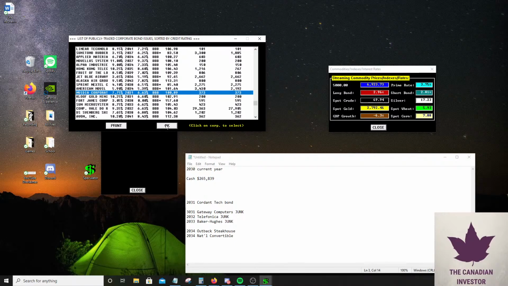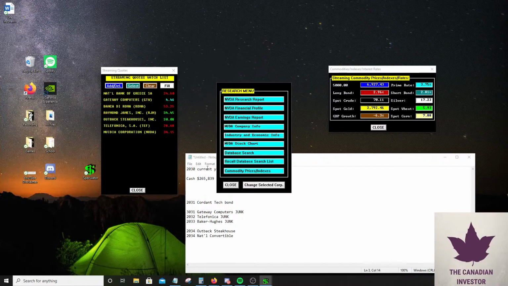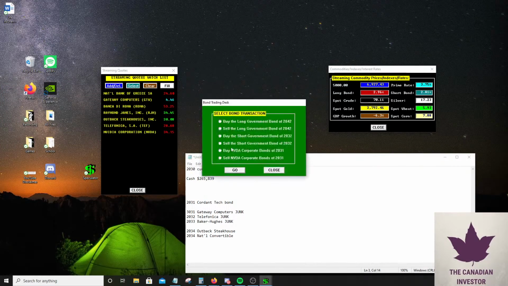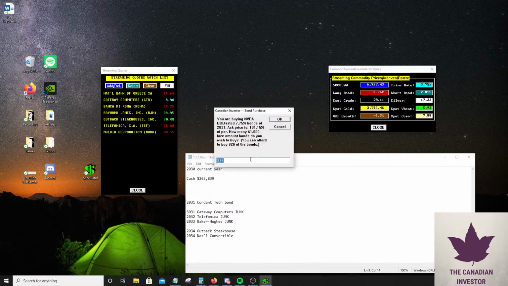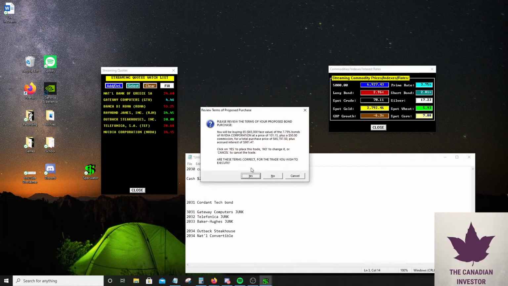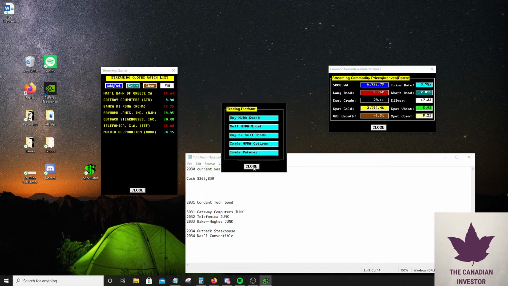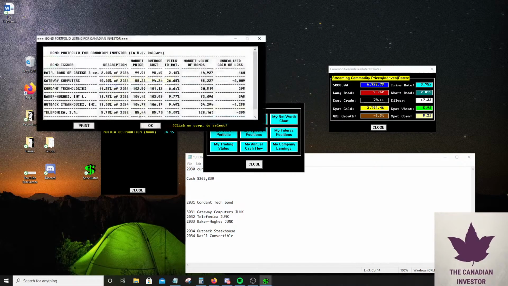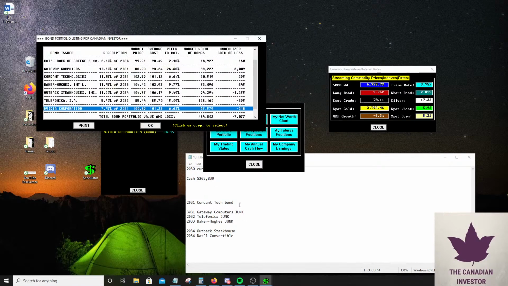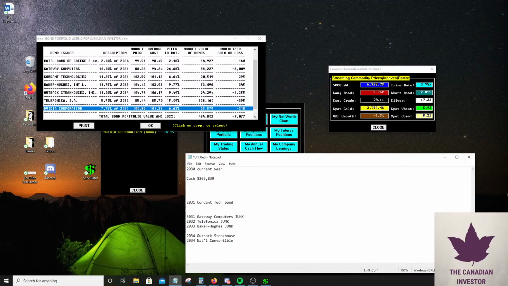Yeah, let's do Nvidia. I'm gonna do 60,000, 65,000 in this company, and that's enough for buying bonds for now at least. About 65,000. So we bought Nvidia bonds, mature very soon. So this is not considered a junk. So it'll be 2031. It's known as Nvidia. So we got Nvidia Corp. So these are like the only decent credit quality companies we own.